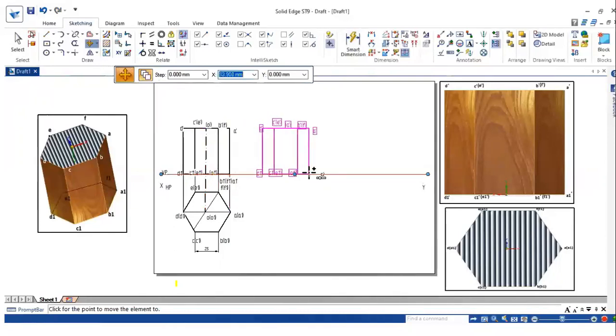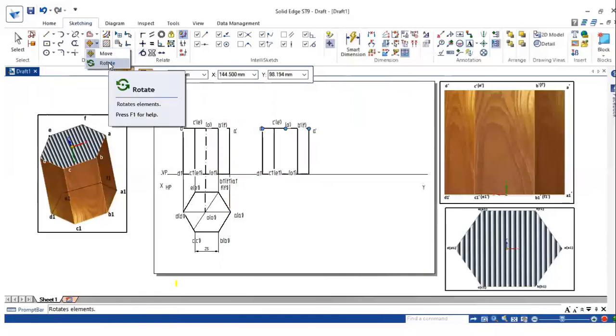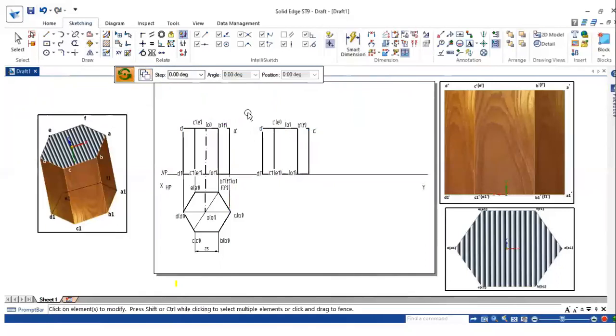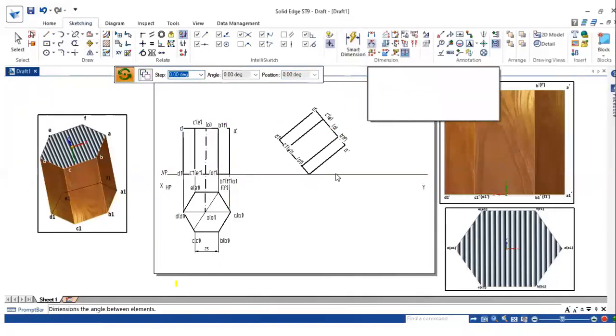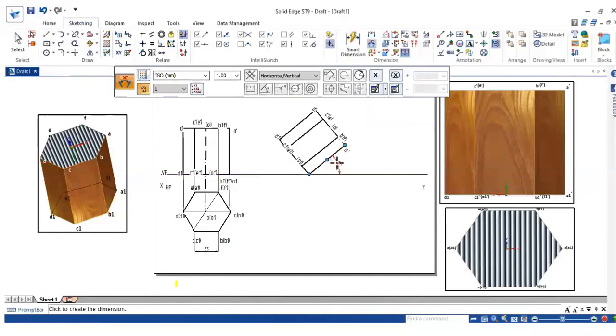Move to a certain distance. Then go for rotate. Select the entire thing, the first position, second position. Give the position angle as 40 degree. Okay, now represent the angle. So it is 40 degree.